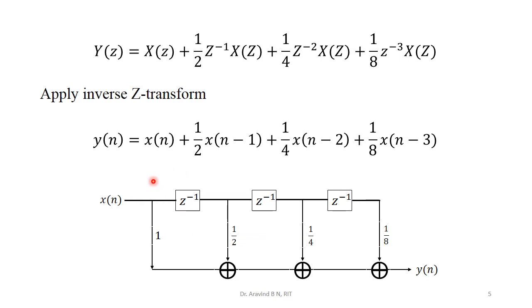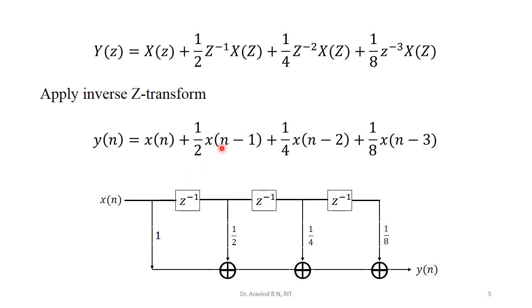So the procedure is quite simple. We can clearly understand this one. Totally there are 3 delay elements. So on this straight line we have created 3 delay elements. Each one z inverse stands for one delay element. So this is 1, 2 and 3 delay elements. So x of n minus 3, maximum 3 delay elements. Then start realizing x of n with the coefficient 1. So this is x of n and the coefficient 1 taken over here.